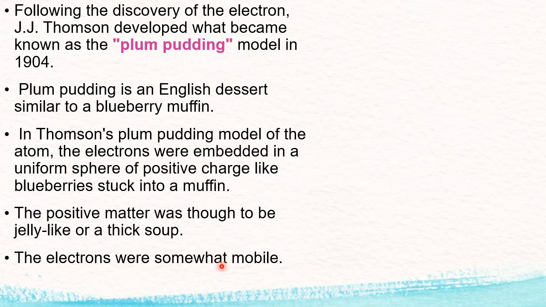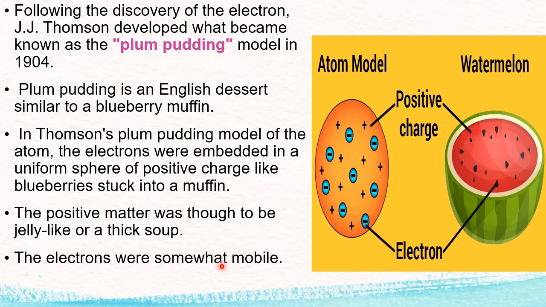This we studied in 9th class. See, the figure is here. This is the plum pudding model given by J.J. Thomson. This red part or this maroon part is the positive part, proton part, uniformly distributed all over the sphere. And these are the negative part of the plum pudding model given by J.J. Thomson.